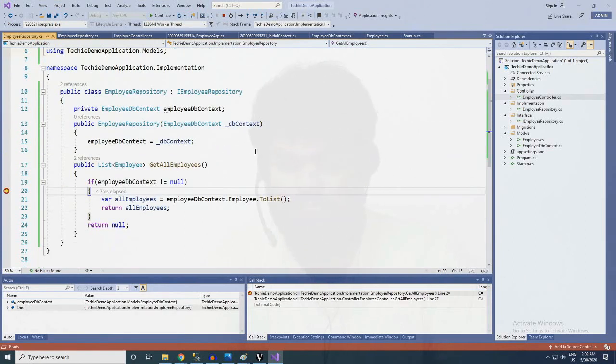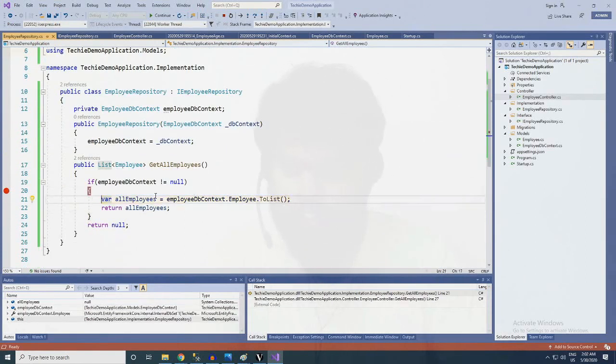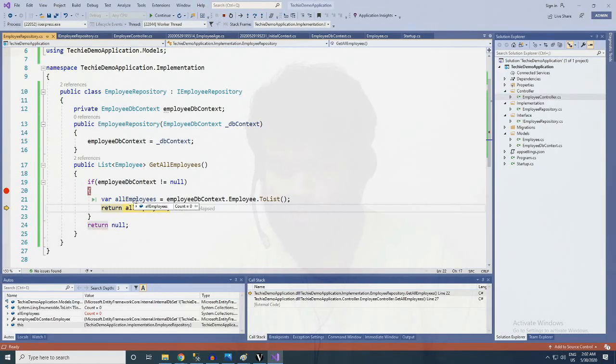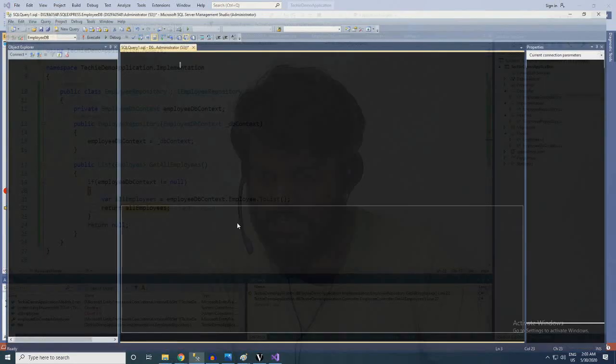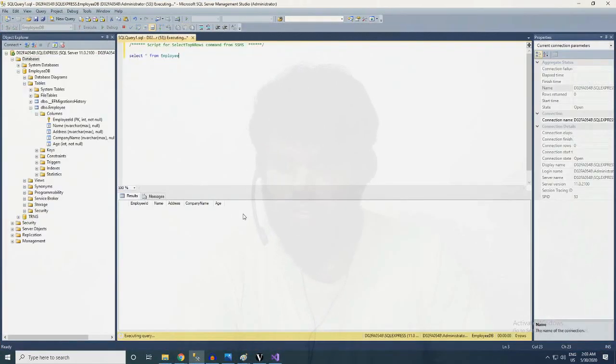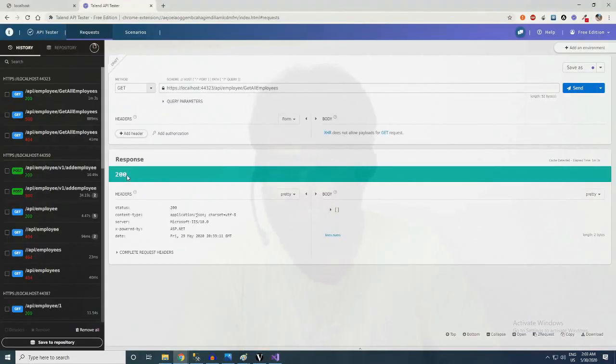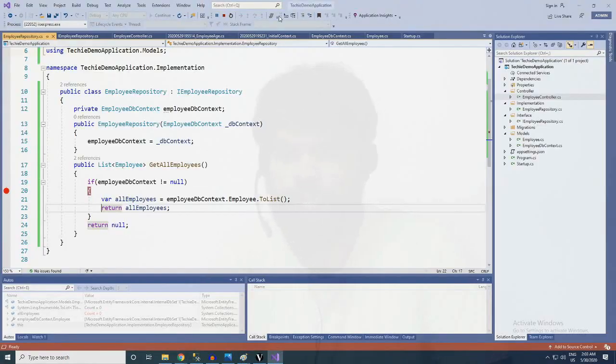This will send our application here, and employee dot toString. We got count as 0 because we never added any rows or any data in the database. Checking that too, there is no data. What we got is a 200 response, which is a success response from the API. So let's add some data and test the same again.